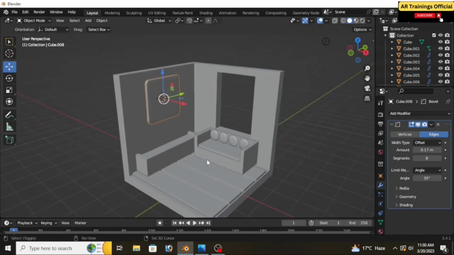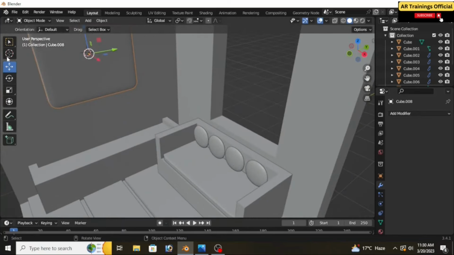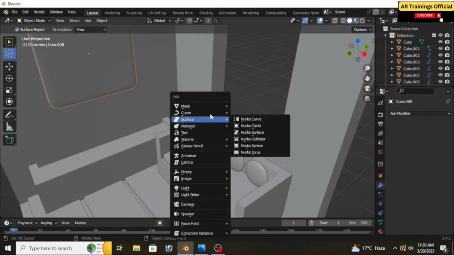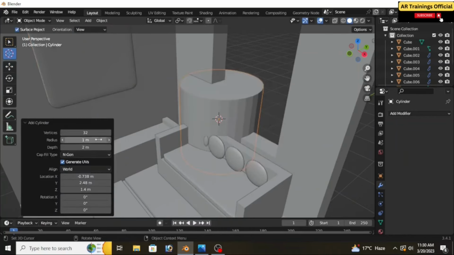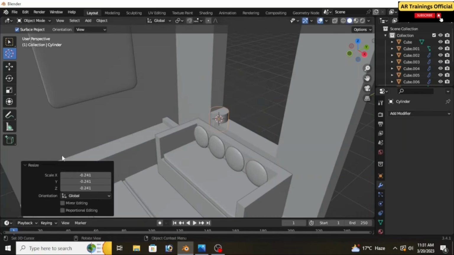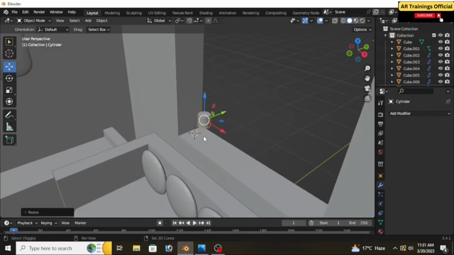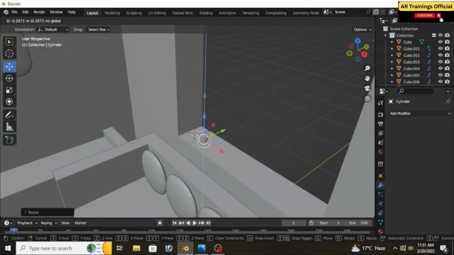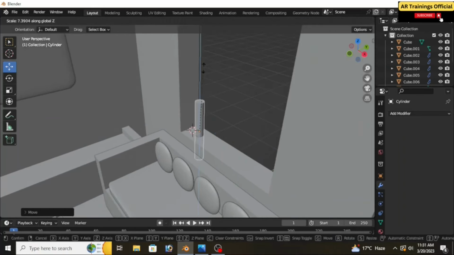Next we have to model a simple console table. Okay, or you can even just model a window. Okay, so simply go to the mesh and add a cylinder for the window grills. You can change the vertices to roundabout 85 to 90. Scale this down a little bit. Now move it to the center like this. Now press S Z to scale in the Z direction,